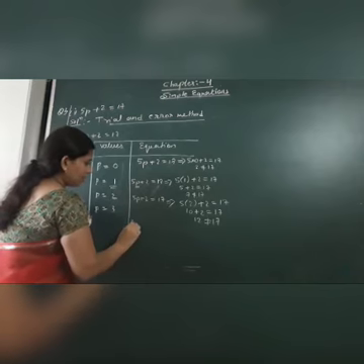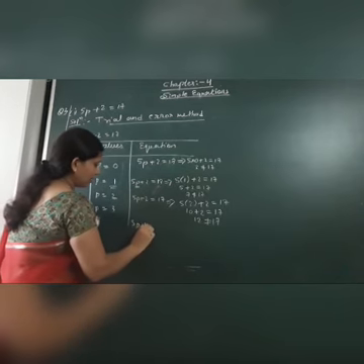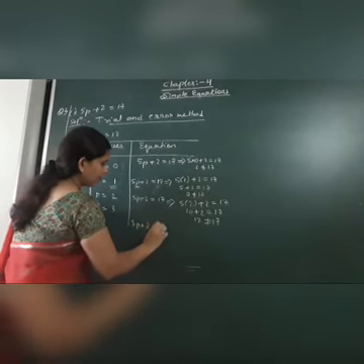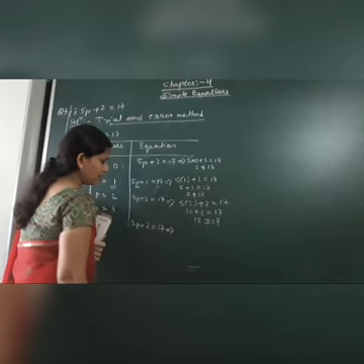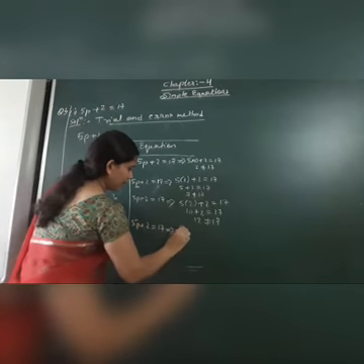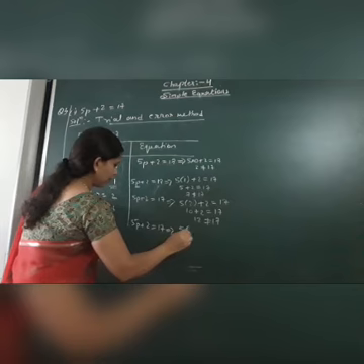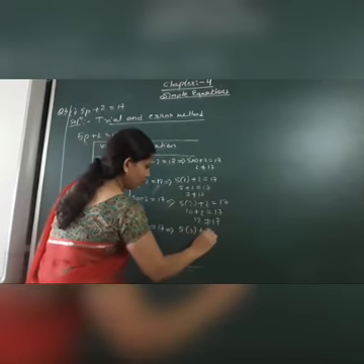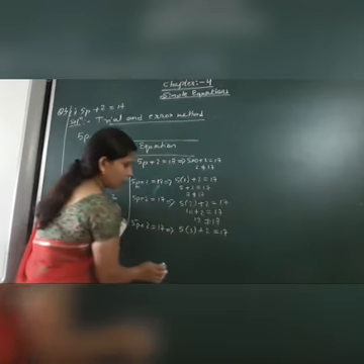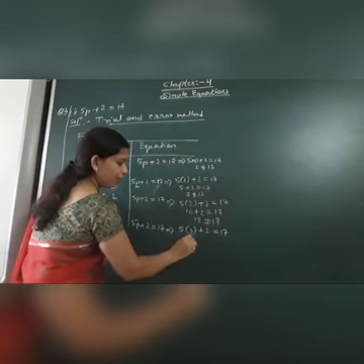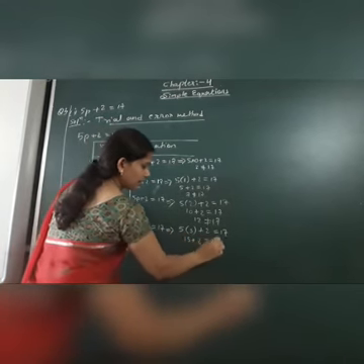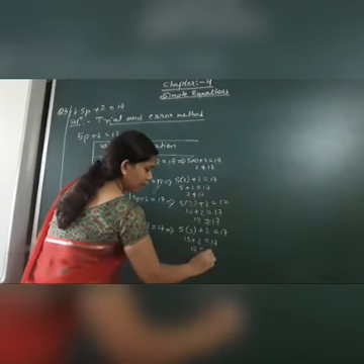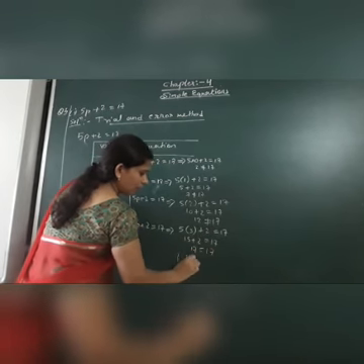Now next we are going to put p equals 3. Then we will see whether LHS is coming to RHS or not. So here in place of p we are going to substitute the value of 3. So 5 into 3 plus 2 is equal to 17. Now solve this equation. 5 into 3 is 15. 15 plus 2 is 17. Here we can see that LHS is equal to RHS.